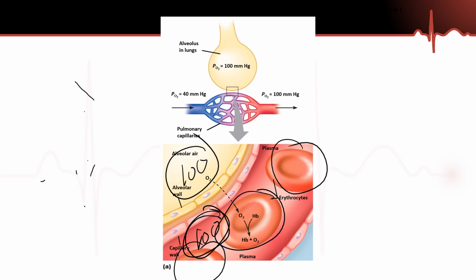Okay. Blood is made up of, it's not perfectly 50-50, but it's about half blood plasma and half red blood cells. So when you talk about blood, you're talking about the plasma and the red blood cells. All we've spoken about so far is driving the partial pressure of oxygen within the blood plasma, the watery component of the blood, up to 100. And now what we need to do is look at how changing the partial pressure of oxygen within the blood plasma influences the other component of the blood called the red blood cells,